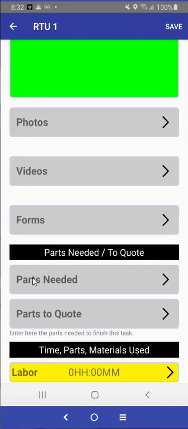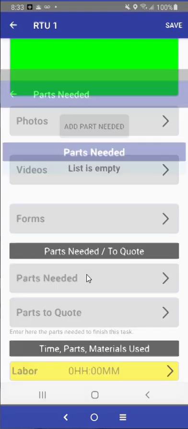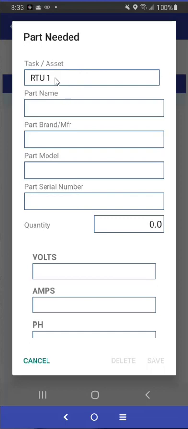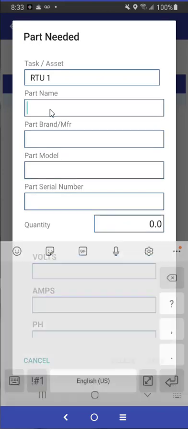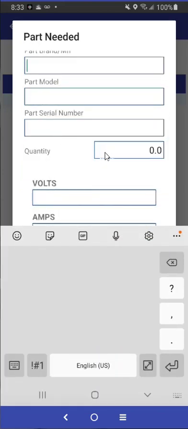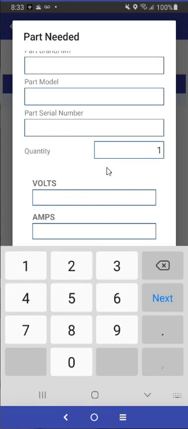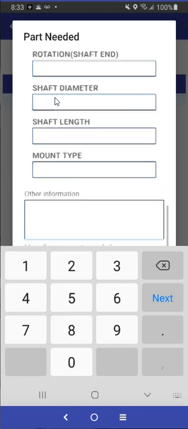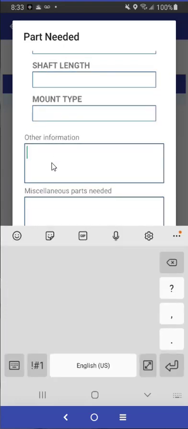Let's say you have parts needed. For the parts needed, please select the parts needed button. Add the part you need. The system will automatically pick the asset that you are working on. Enter the part name, any brand, model, or serial number for this part, the quantity, some additional information if relevant, other information, complete it with more information about this part, other miscellaneous parts needed,